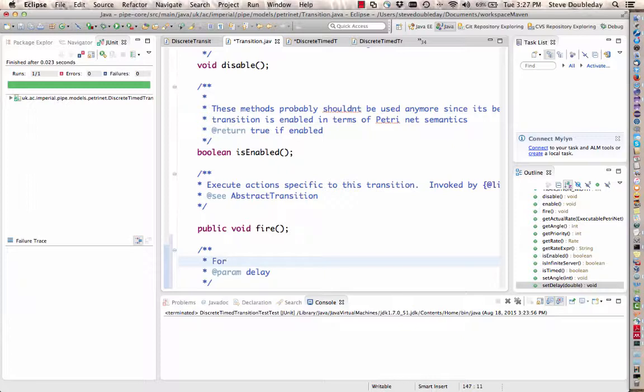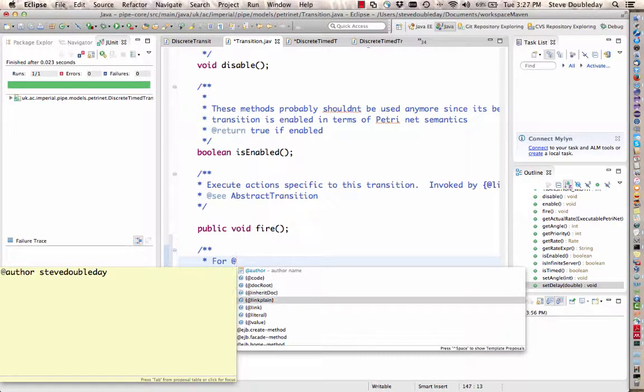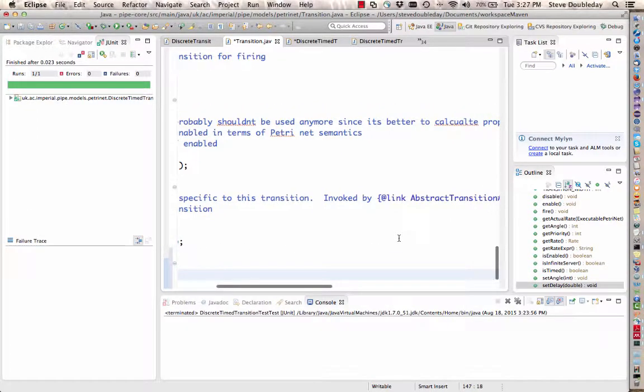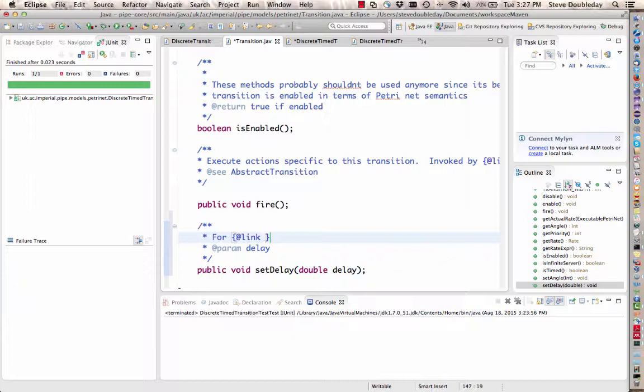All right. For this, let's see. How do we do this? At link something like discrete timed transition, or maybe it should be C. Specify, so well,